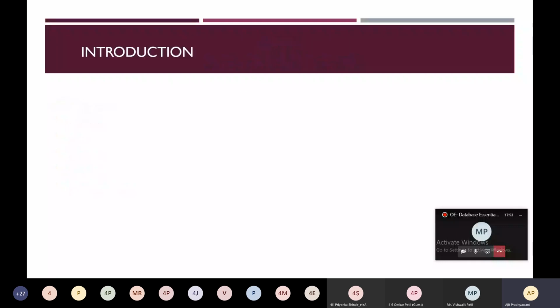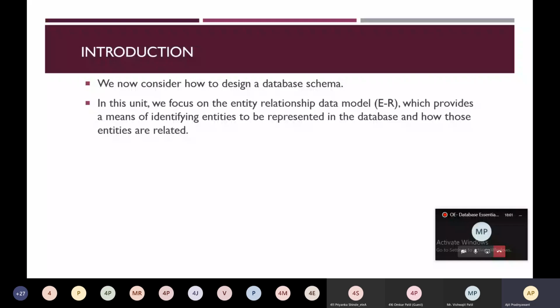So first, introduction. Now we consider how to design the database schema. In this unit, we focus on the entity relationship model, that is ER model.